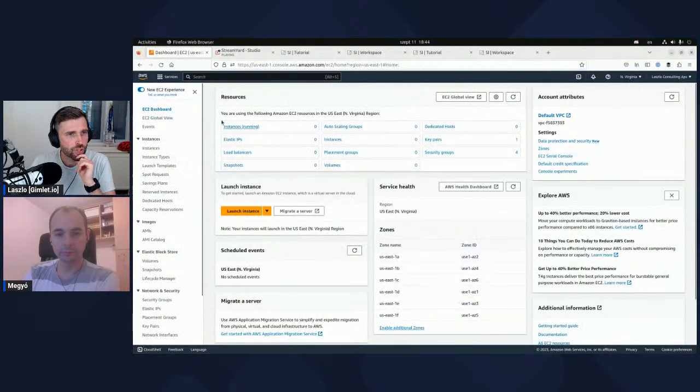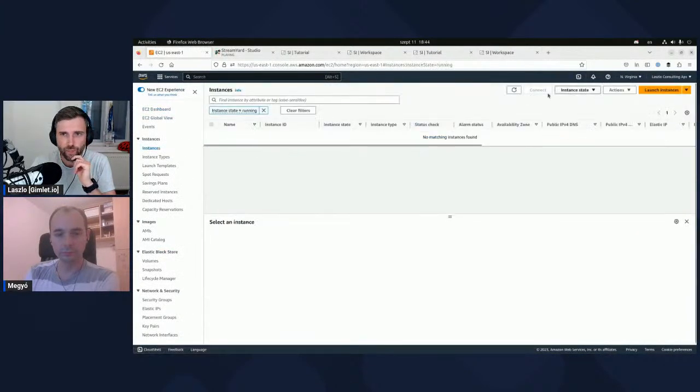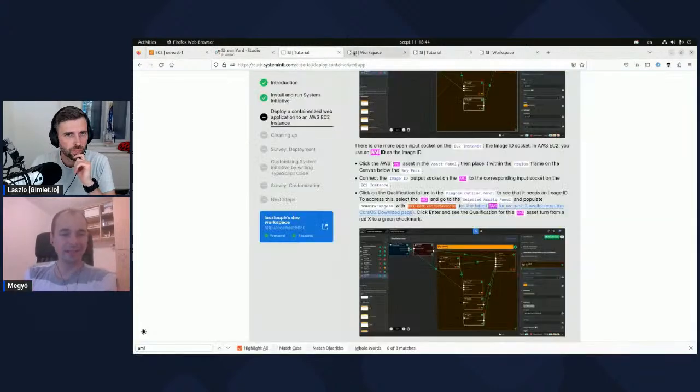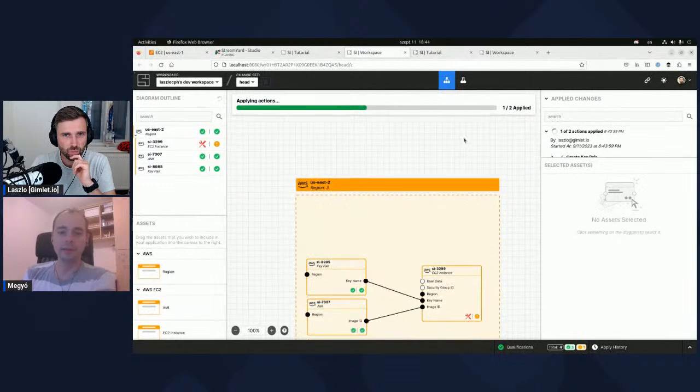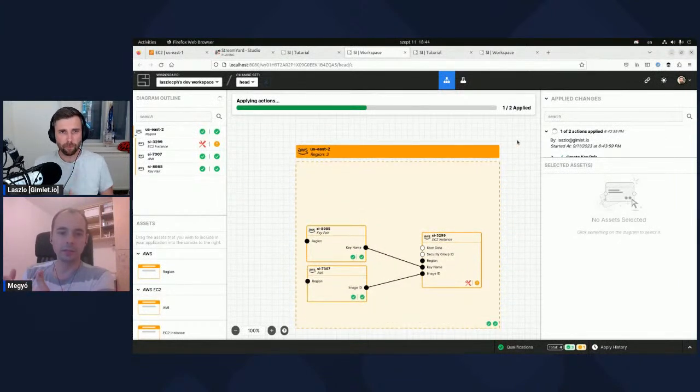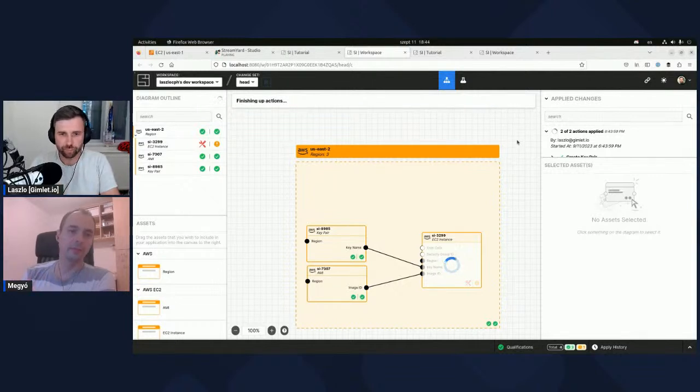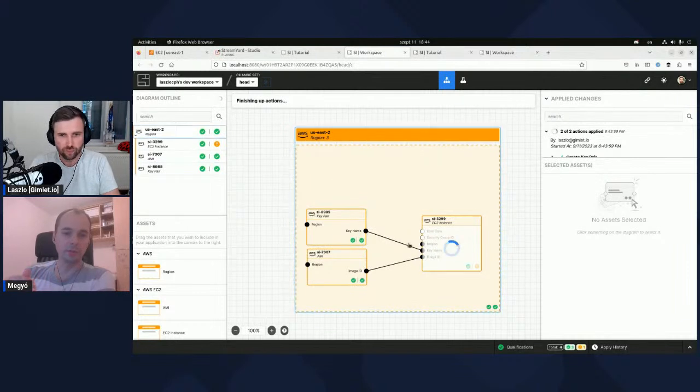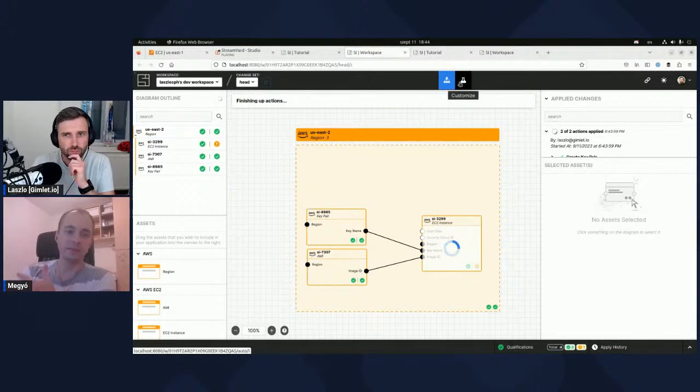EC2 instances refresh. Okay, I think it also has some sort of built-in dependency. So it knows that first it has to create the key pair, because that needs to exist before it launches the EC2 instance. I'm not sure how that's hard-coded, because if I refer back to Terraform, you have that depends_on key, where you can define this kind of ordering for yourself.